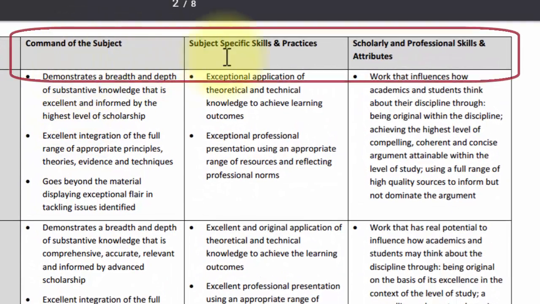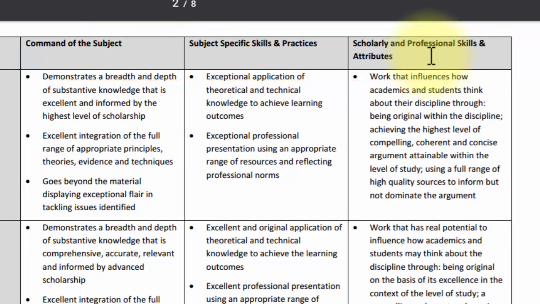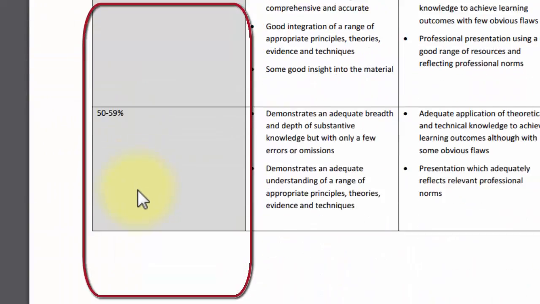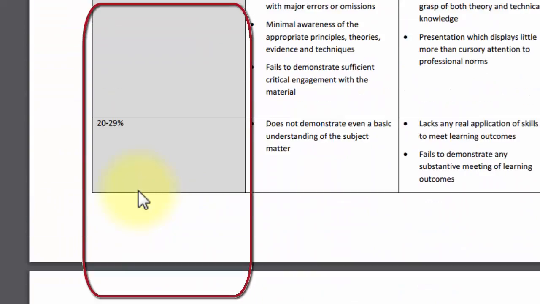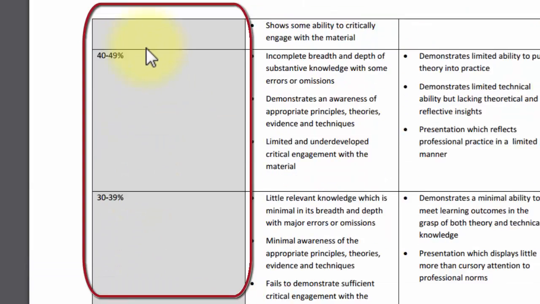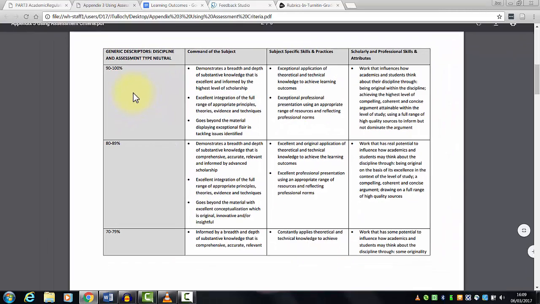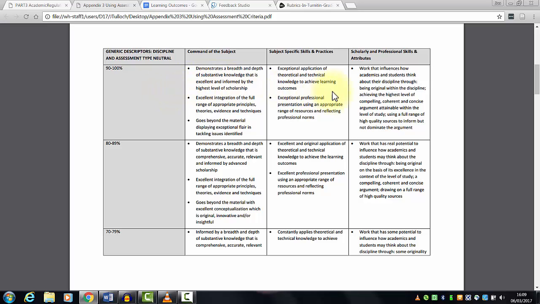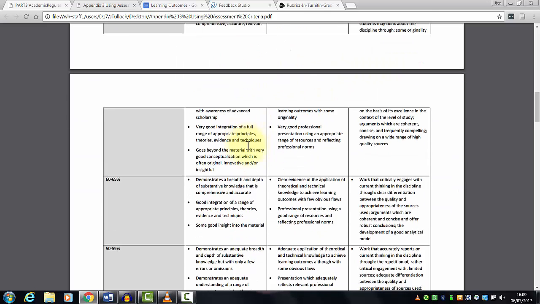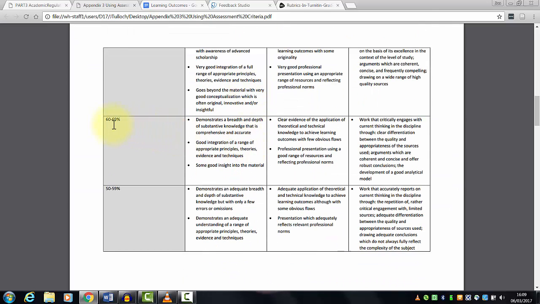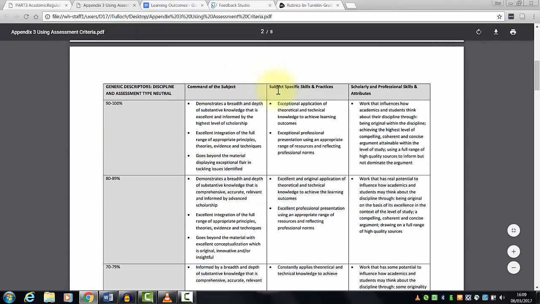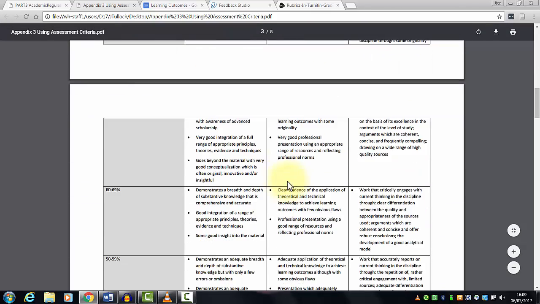Here we can see that categories have been established in accordance with some of the generic skills and grade bands for each category, from 0 to 9%, 10 to 19%, 20 to 29%, and so on, all the way up to 100%. Now this table could work as a rubric because there is a separate set of descriptions for exactly what student work has to be like for each of those grade bands. So, for example, in order to be awarded between 60 and 69% for specific subject skills and practices, the work has to demonstrate,